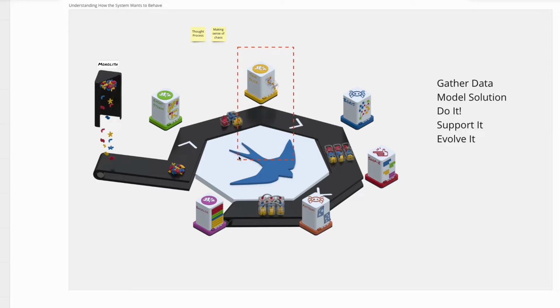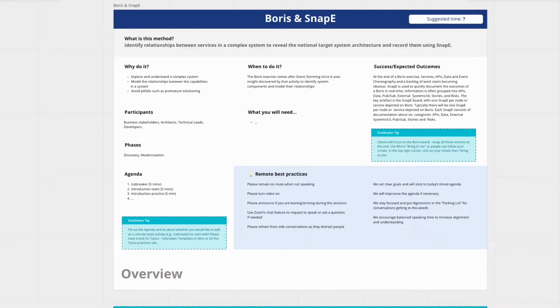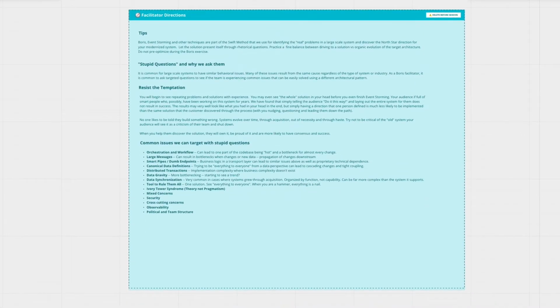Now that we have an idea of what thin slices we want to use to exercise our model, we can start modeling that. That process is called Boris. And when we're walking through Boris, what we're really doing is taking a thin slice and saying, hey, we have this empty canvas with just our service candidates. Let's walk through and try to understand how things work. But we're also going to do it in such a way that we can avoid common issues that we see, right? Like in the case of big complex distributed systems, there's often situations where things like large messages or orchestration or vulnerabilities,